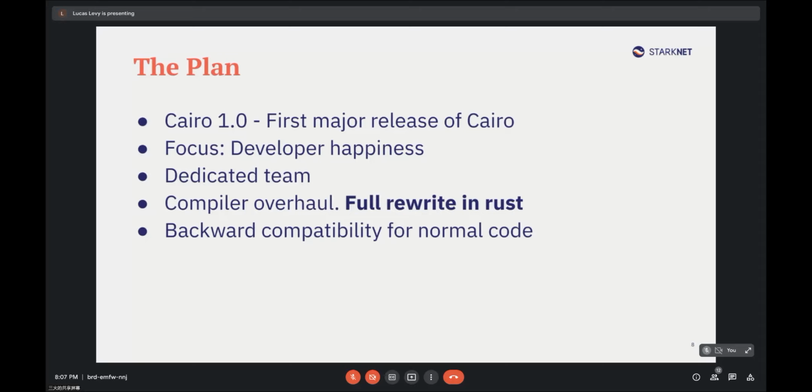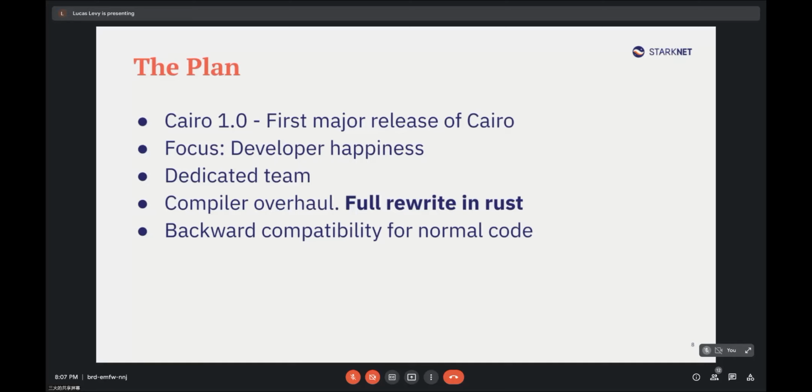The compiler is rewritten in Rust, which will enable a better base, because right now the code is really messy. I don't know if someone has tried to read the compiler, but it's really hard to understand what's happening. With the rewrite, it will be way easier. And the good thing is that all the code that you write now will be easily portable to Cairo 1.